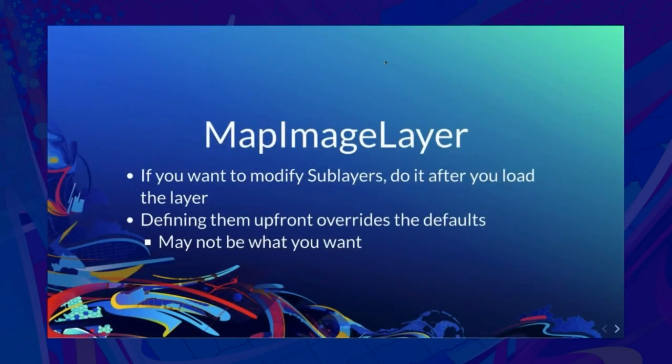So, the map image layer. With map image layers, if you want to modify the sublayers in any way, you should probably do it after you load the layer. Because if you define sublayers for the map image layer up front inside the constructor, it's going to overwrite the defaults, meaning that only the sublayers you provide in the constructor are going to be displayed, which may not be the case. You might want 10 sublayers to be displayed in your map image layer, but only apply a pop-up to one of them,